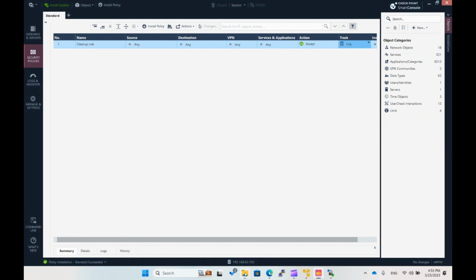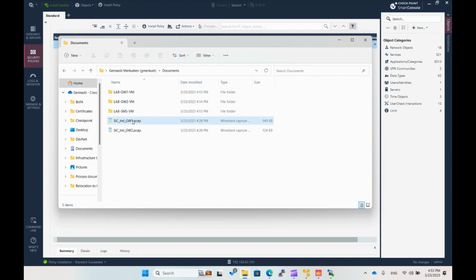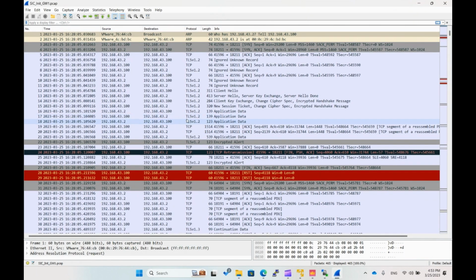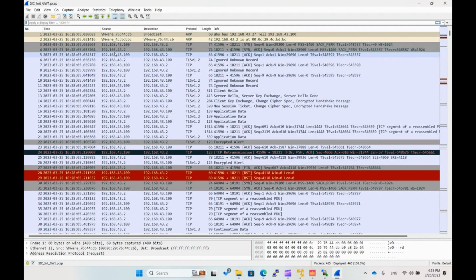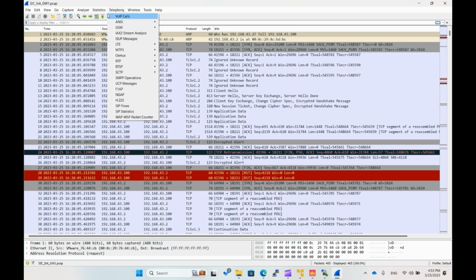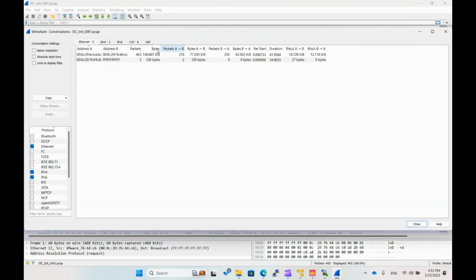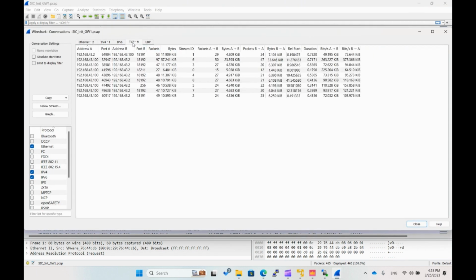The next step will be finally to open the capture files. So let's start from gateway number 1. When we open the capture, we see that there are plenty of packets. So what's exactly going on? We can go to statistics and then conversations, and then we have TCP conversations. And there are a number of ports that are talking during this SIC initialization. As you can see, those are